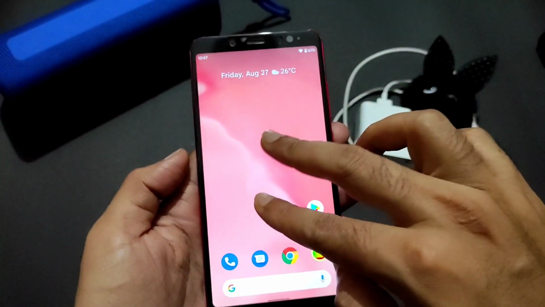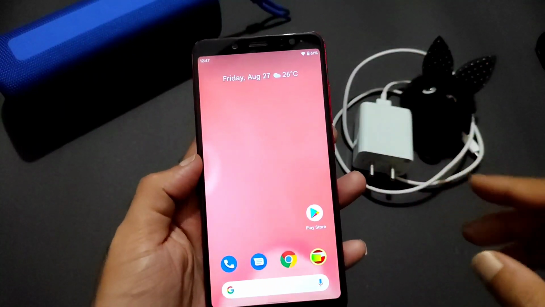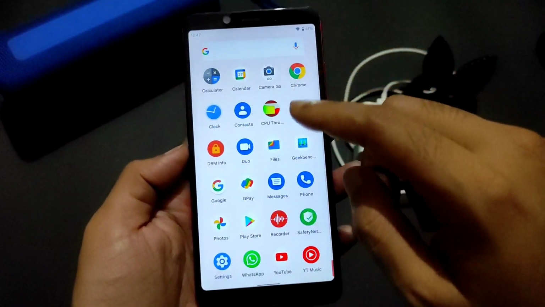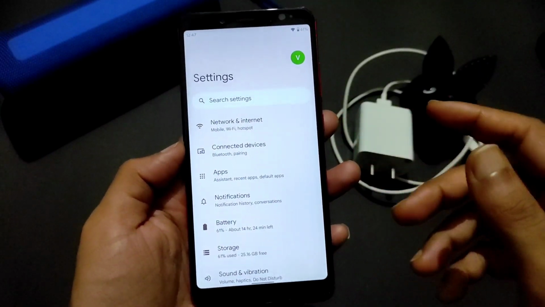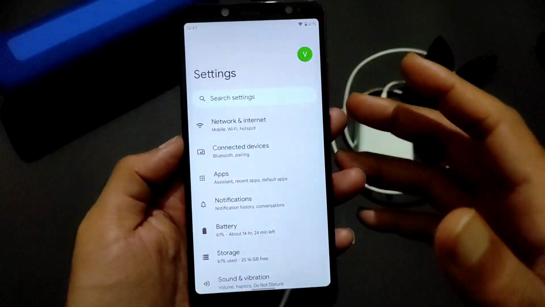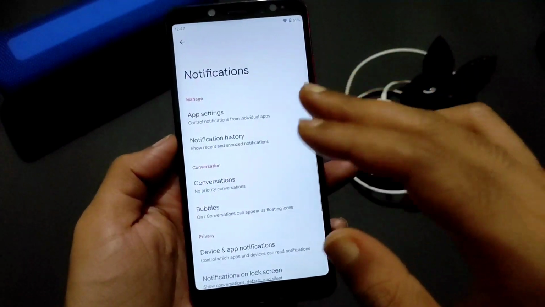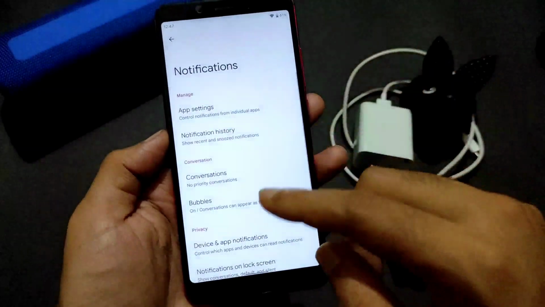And this is the live wallpaper you get, and you get this kind of wobbling effect. If you choose different wallpapers, you get different settings. There's a Pixel 5 portrait ROM Beta 4 version 2 on this Redmi Note 5 Pro, and you get all the settings, app settings, notification settings. You can directly turn off the notifications of individual apps from here.